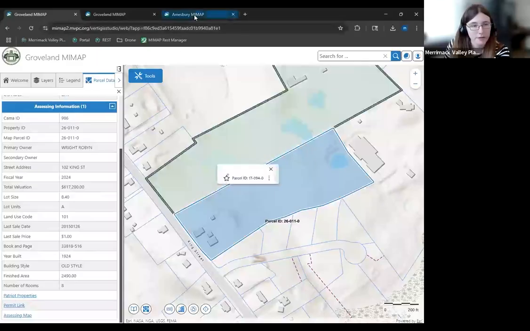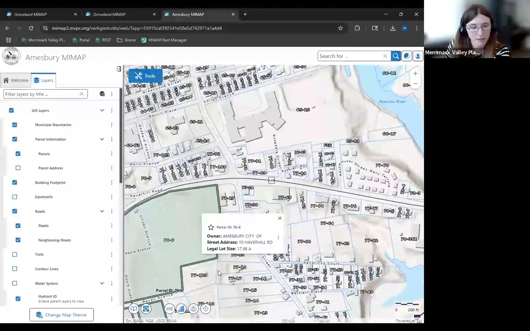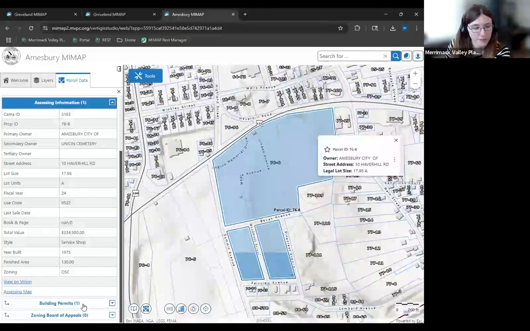And then other communities like Amesbury have more parcel information tied to their parcels as well. So for instance, if I open this one up, you'll notice at the bottom here is building permits and zoning board of appeals. So pretty much any data that we have that's associated with your parcels, we can show and attach to them and let you dig through here.